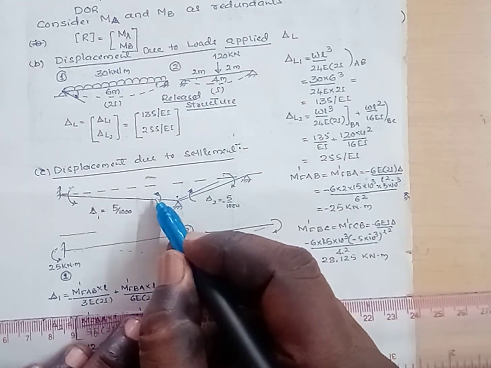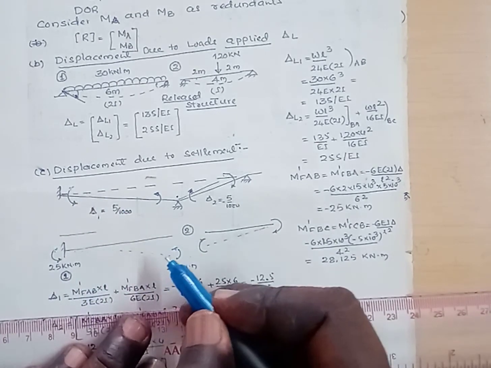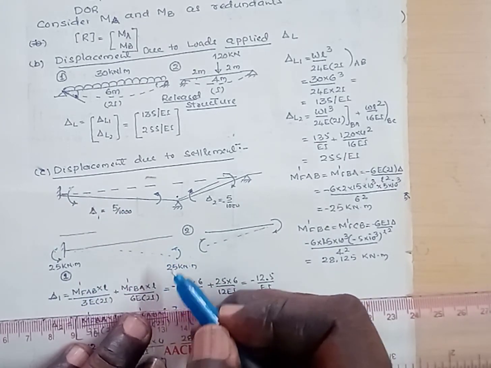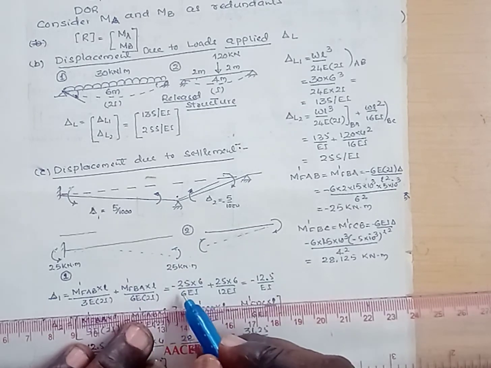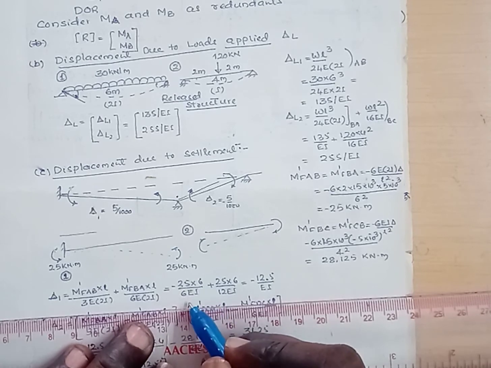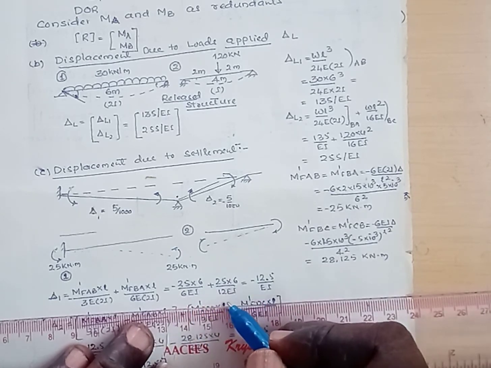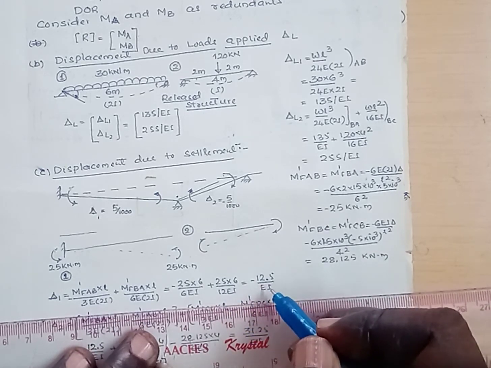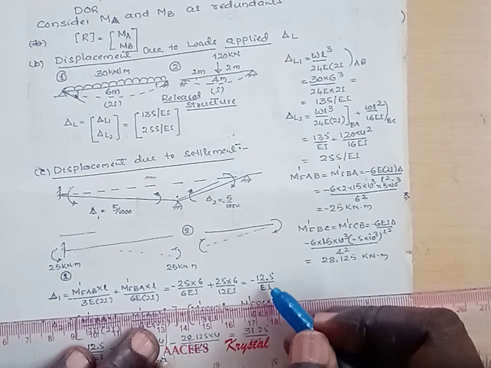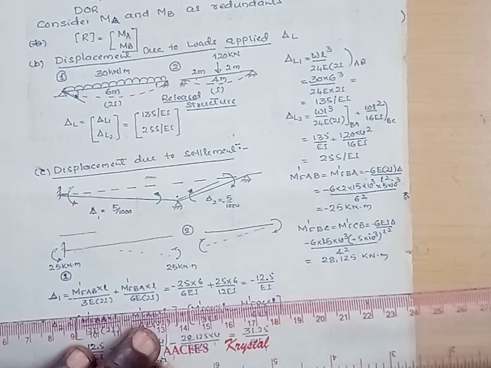Similarly, due to the sagging moment, the displacement is M dash f ba into L divided by 6E into 2I. By substituting the values, minus 25 into 6 divided by 6EI plus 25 into 6 divided by 12EI, after simplification,